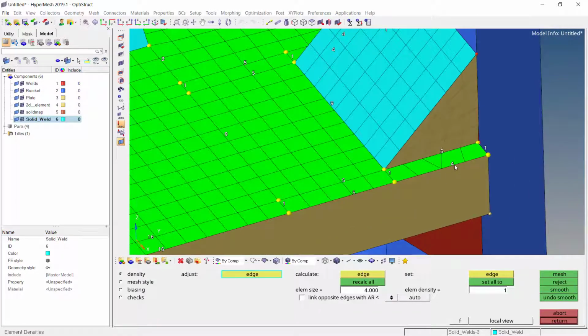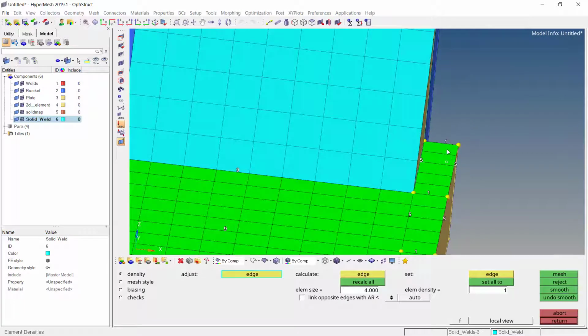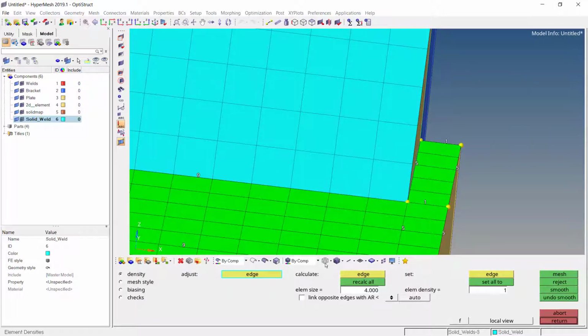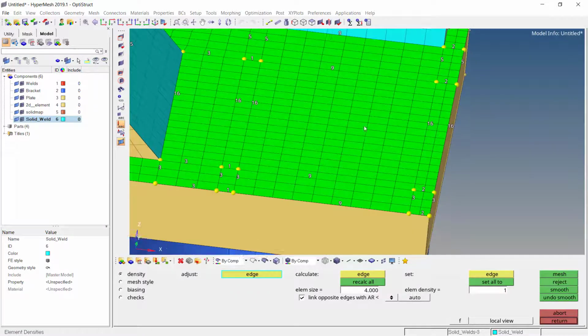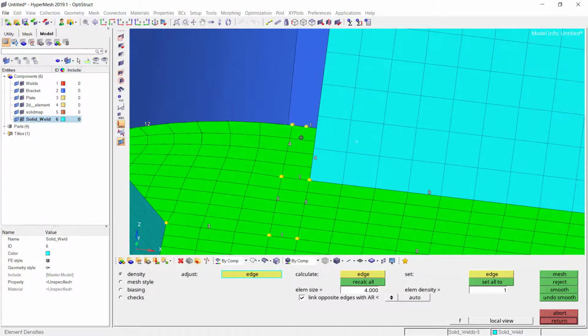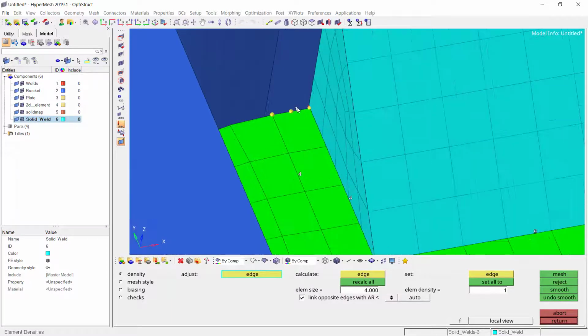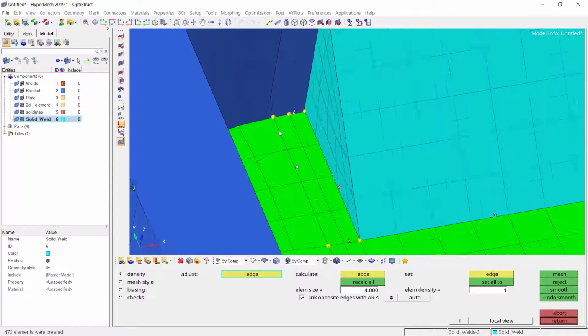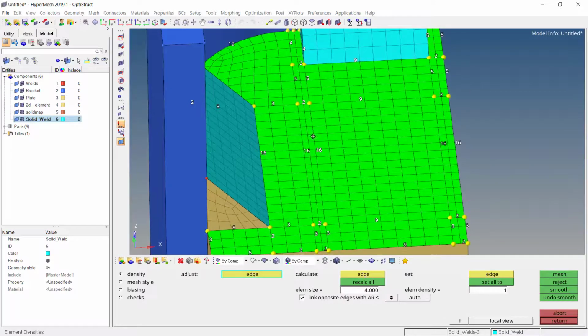Again let us observe this one over here. Here I will change the number to 5 and it is always better practice to have at least 2 layers of element. So switch on the link opposite edge, change the number over here so along the length it will get changed. Again let us try to observe where we might have to work. Again same thing. Here let us change the number to 2 so it looks perfect.